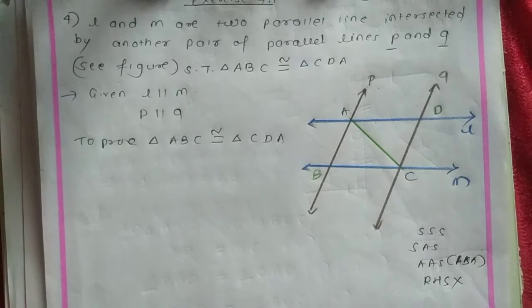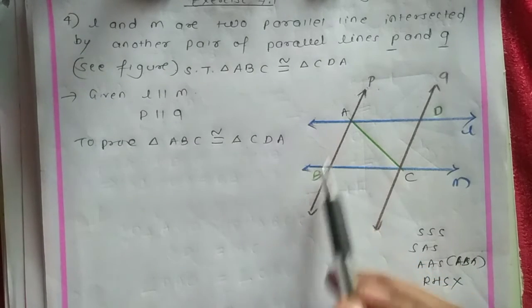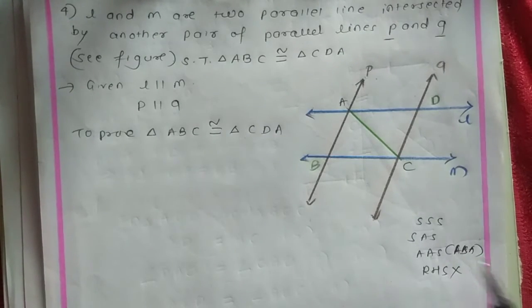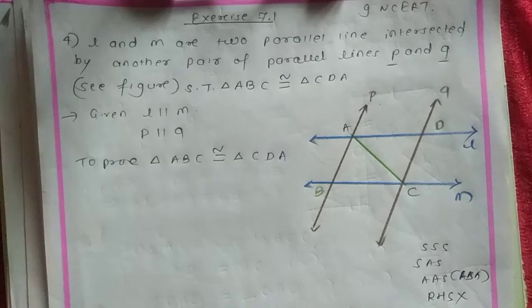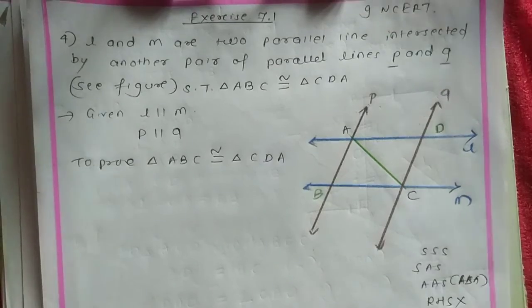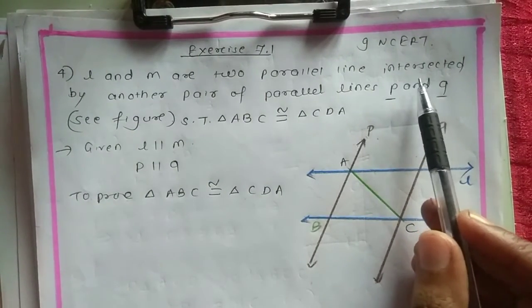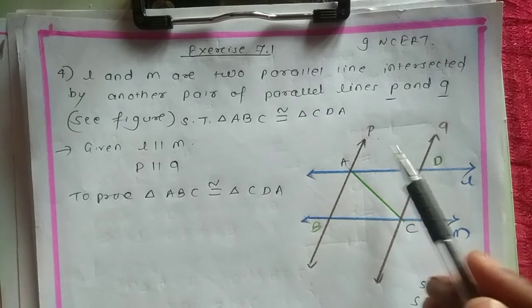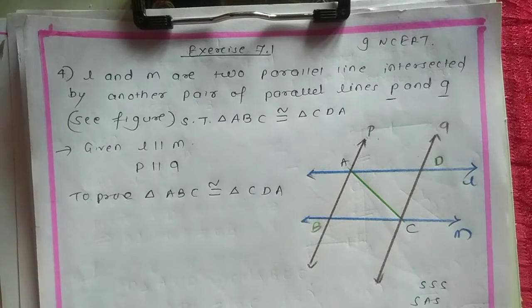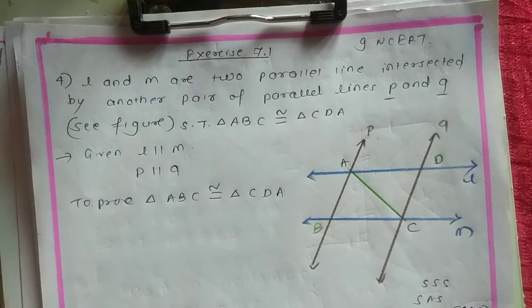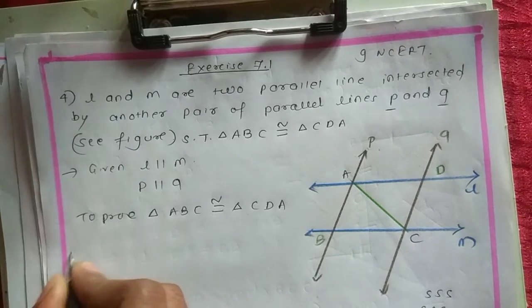We have to check whether the three sides of triangle ABC are equal to the three sides of triangle CDA, or whether two sides and one angle are equal, or two angles and one side are equal. But whenever parallel lines are given, remember the transversal properties. Intersection is nothing but transversing. So L and M are intersected by P and Q. Try to recall the angle properties of transversal and parallel lines. Our proof is near to that concept only.